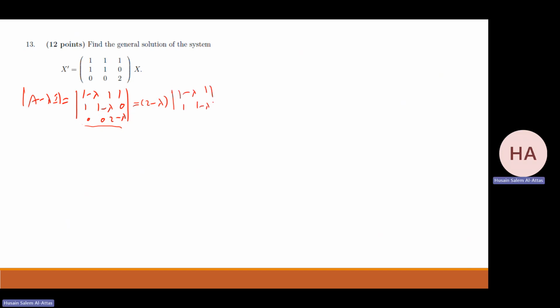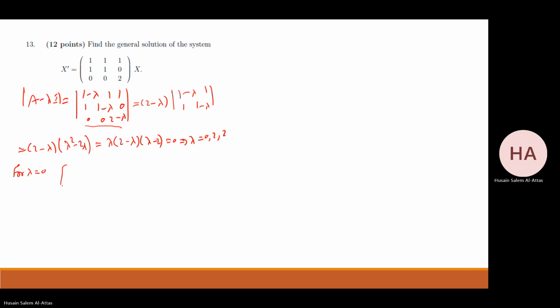Let me do it in details. That will be 2 minus lambda times what? Lambda square minus 2 lambda plus 1 minus 1. So I can take lambda common factor. I have 2 minus lambda times lambda minus 2 equals 0. So lambda is 0, 2, 2. Okay. Now for lambda equals 0,